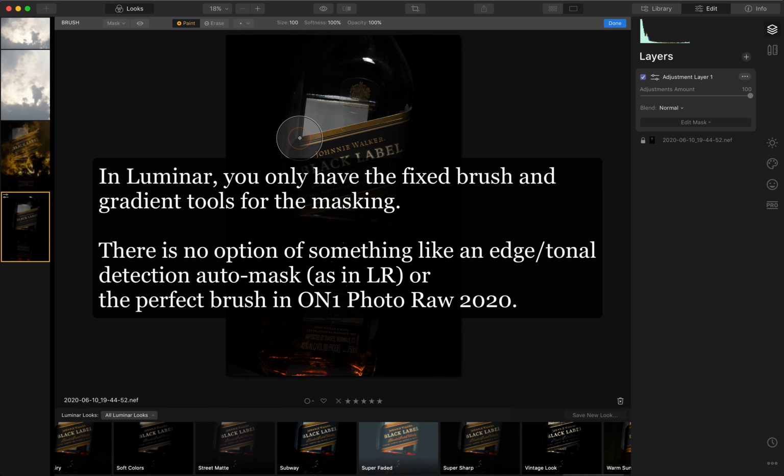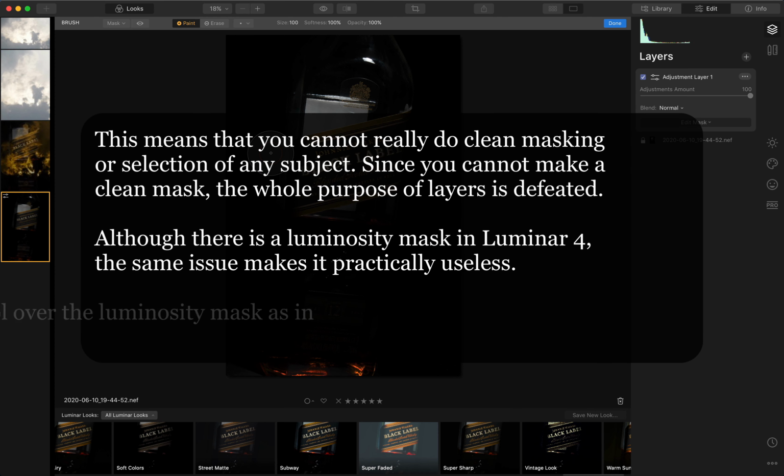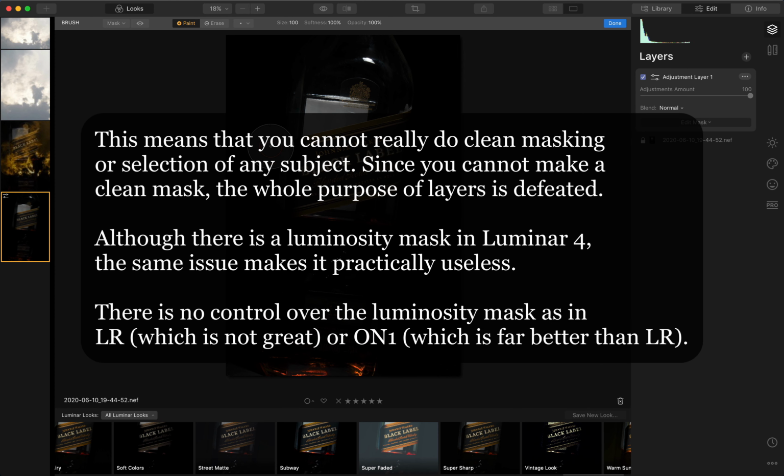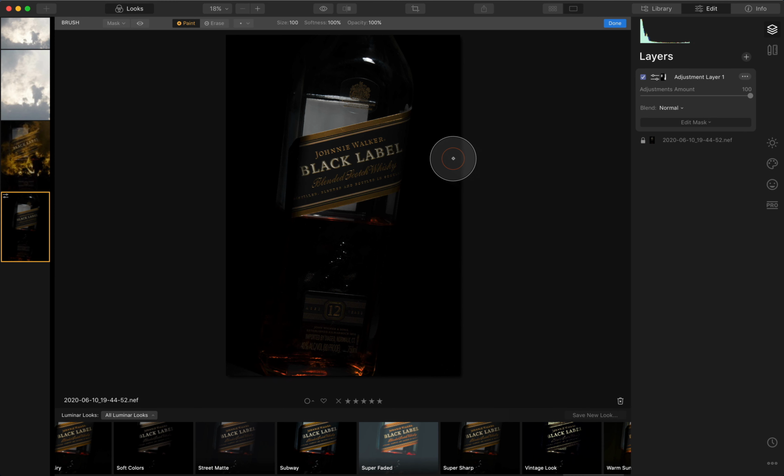So that's about it. There is no equivalent of any kind of edge detection or tonal detection as in the Lightroom auto mask feature or the perfect brush in ON1 Photo RAW. This in turn implies that you cannot really create a precise mask, which makes the layers practically useless.